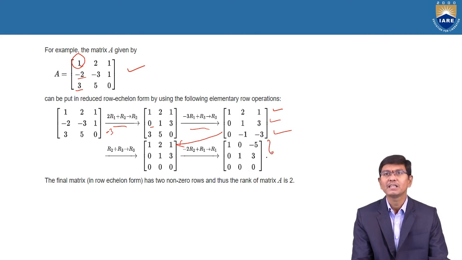While observing this matrix, it clearly satisfies the echelon form of a matrix. Why? Because the zero row is available, and I consider it the last row, and the remaining values clearly satisfy the condition that before the first non-zero number there are zeros. By the definition of the echelon form of a matrix, the number of non-zero rows is equal to the rank of the matrix. In this echelon form, the number of non-zero rows is 2. Therefore, the rank of the matrix is also 2.